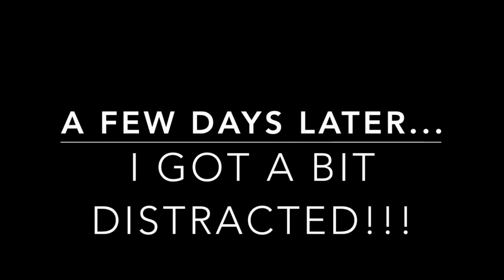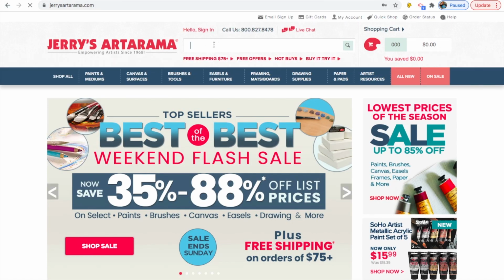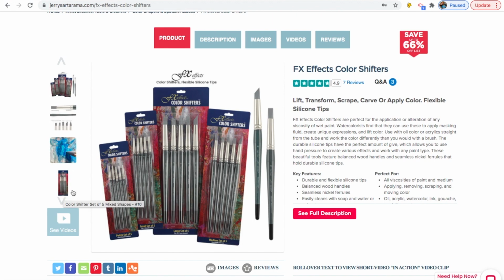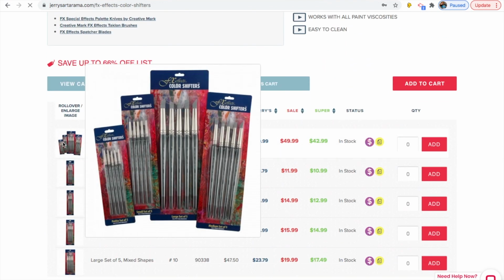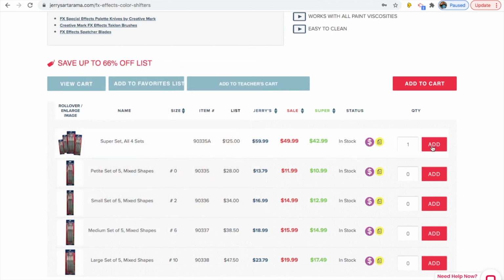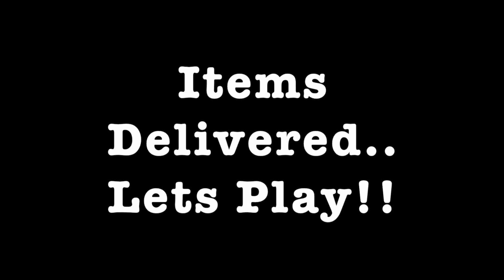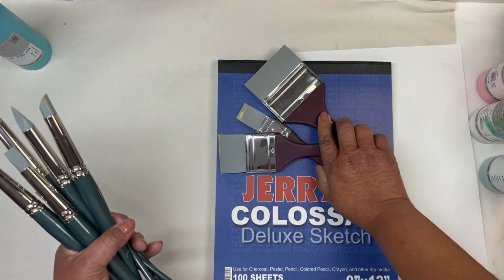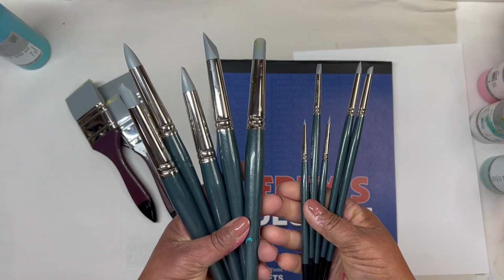I got a bit distracted, as I'd never really heard of these and I wanted to take a little bit more of a look into them. So I went onto the Jerry's Artarama website and found the ones that I have. But then I also found another set, or quite a few other sets. And of course, if you know me, you know I had to get all of them. And so, once they came, I had another idea that I would take these guys